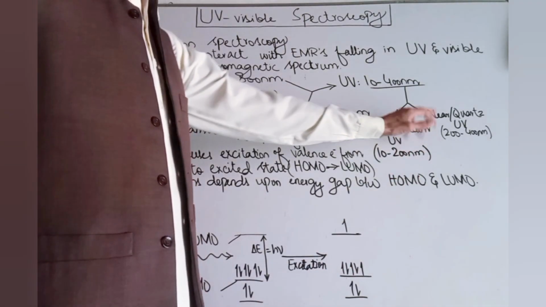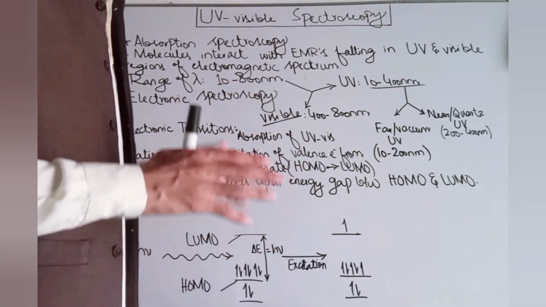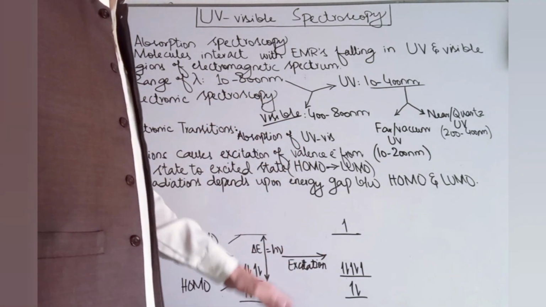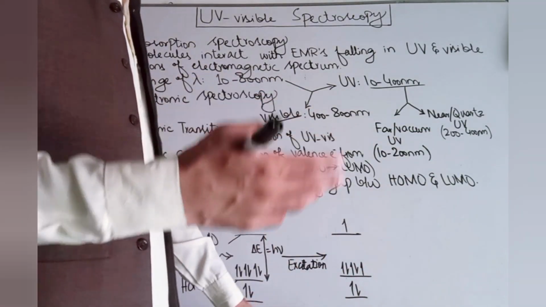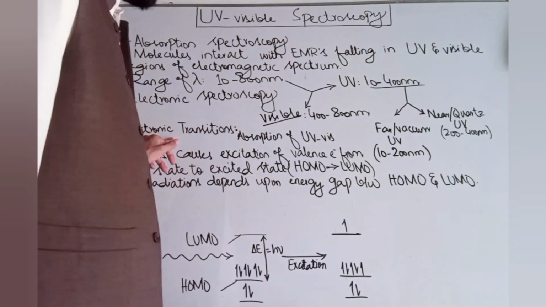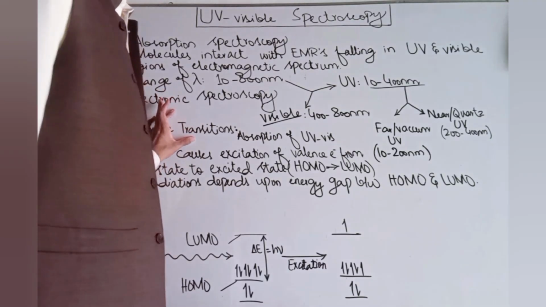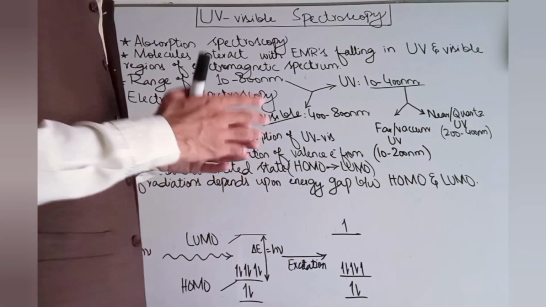And in these regions, the quartz material does not show enough absorption. So that's why the quartz cuvettes can be used in that region. That's why this region is known as the quartz UV region. So next we talk about the process of electronic transition by the absorption of electromagnetic radiations of the UV visible